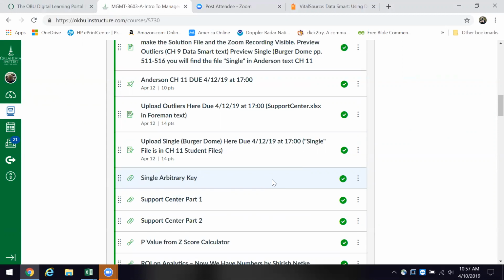Then the next piece was to do the Burger Dome case out of the Anderson textbook and post it, all right? And then I was going to go over the outliers today.